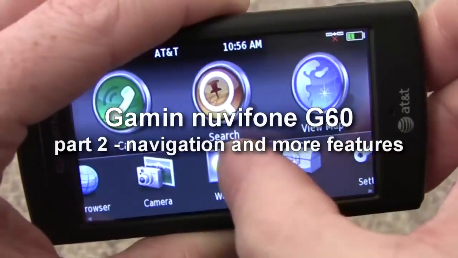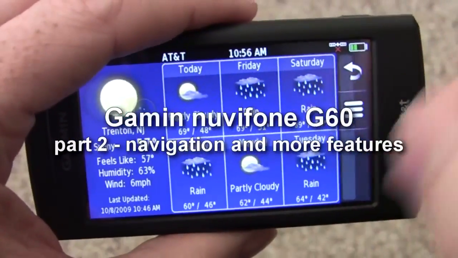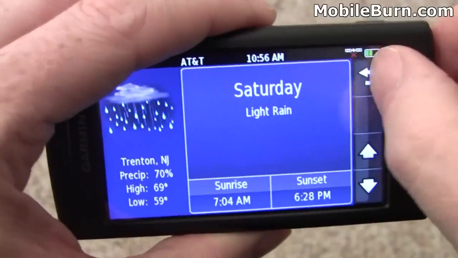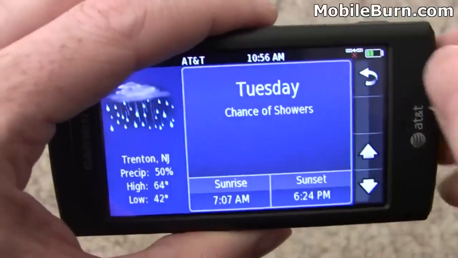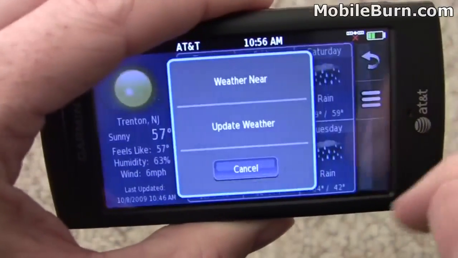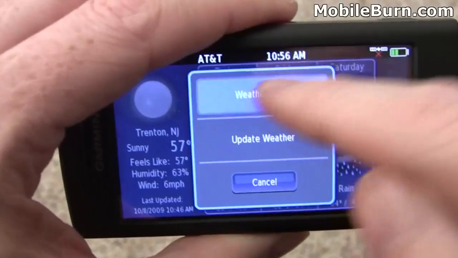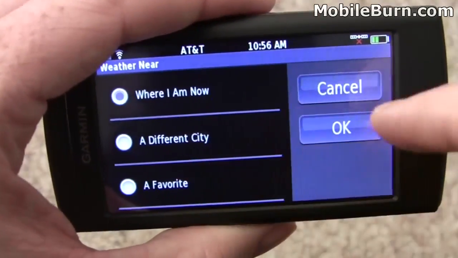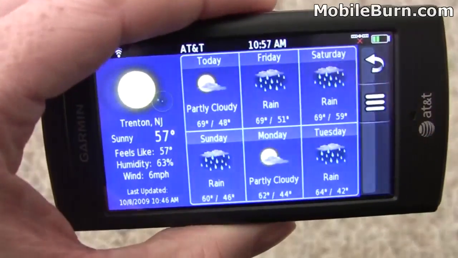Pop up the weather app so you can see it. Provides weather in your local area. You can go through and look at specifics for any given day, which a lot of mobile weather apps don't do. You can find weather for different areas, different cities, or one of your favorites that you have previously saved from